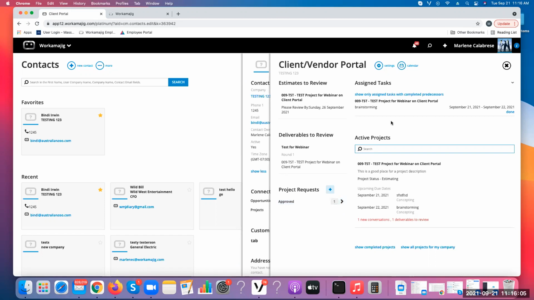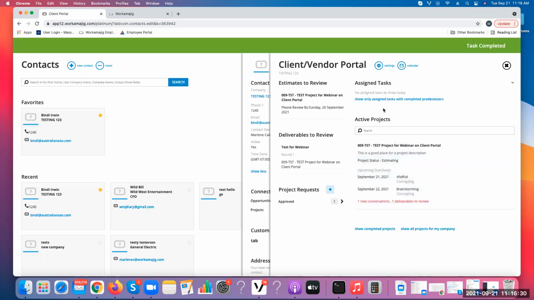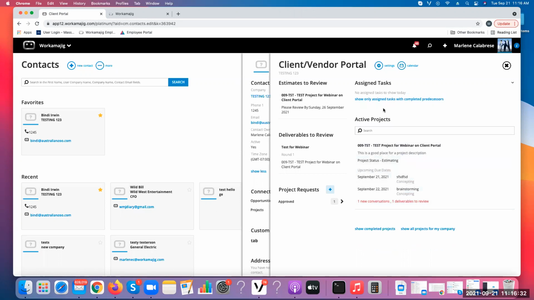The other thing, if they were truly assigned a task on a project, which they can't add time to, but they could be assigned a task to complete. And so there's a little option here to say, show only assigned tasks with completed predecessors. In other words, don't show me anything that I couldn't actually work on. This is showing an option of a task. And if they were done working on the task, they'd say done. And then it removes it from their list. So you would then see, if you were looking at a project schedule, that that task was marked 100% complete